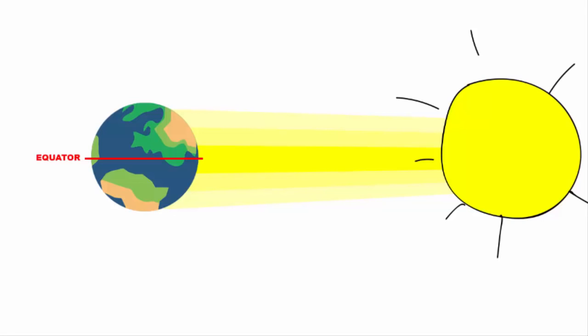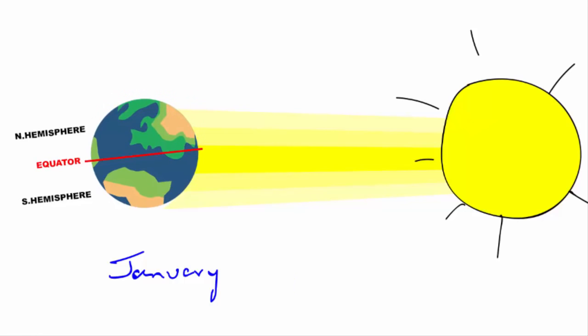Now, there are these 2 months in a year that you need to specifically remember, January and July. Because during the month of January, the northern hemisphere has the ongoing winter season. And I think you can easily figure that out because in the month of December and January, it's winter and chilly. Now, what that means is the northern hemisphere of Earth is tilted away from the sun. And that makes the southern hemisphere exposed more towards the sun rays.